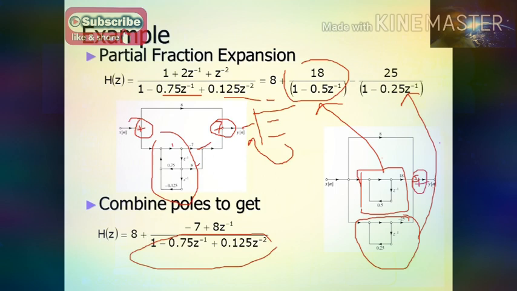The easiest method is this. First, you have to apply the partial fraction expansion to the given system transfer function and write down the expression in this format: C plus H1 of Z plus H2 of Z. Then you can easily construct the diagram. The parallel form structure makes it a very easy problem.